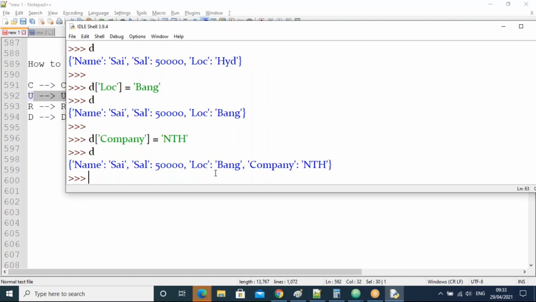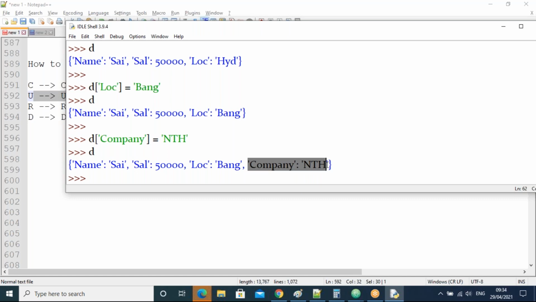Yes, guys. Now let us see the dictionary. What happened here? It is added as a new key-value pair, guys. It means if the specified key is not matching in the dictionary, then automatically this new key and new value will be added as a new pair in the dictionary, and it will be added at the end of the dictionary, guys.